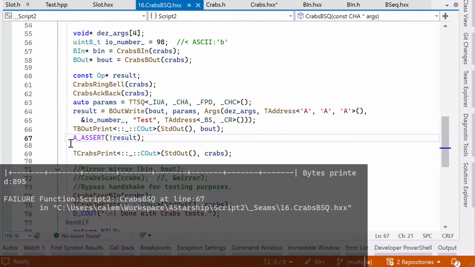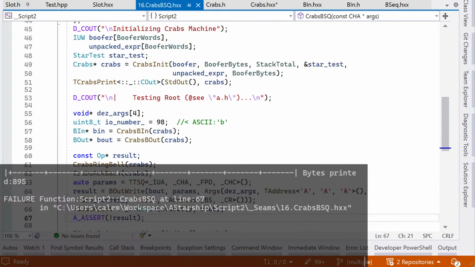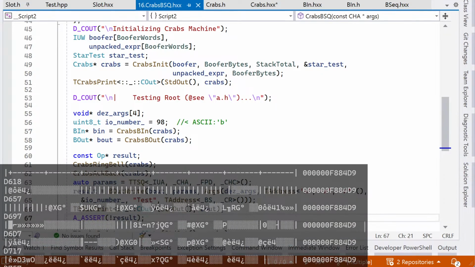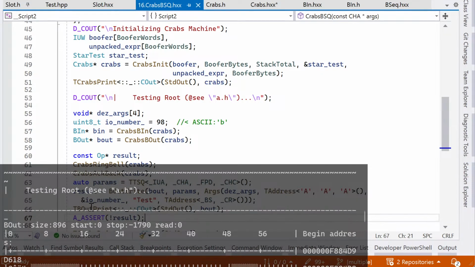Result. And what, so that I printed the BSQ? Is that what I printed? The stop. Okay. The stop was not set correctly here.